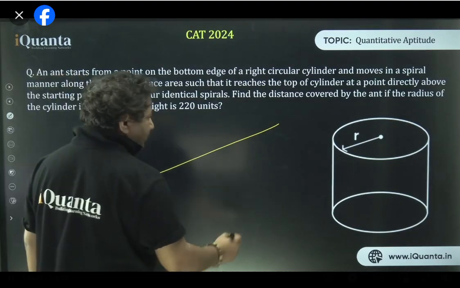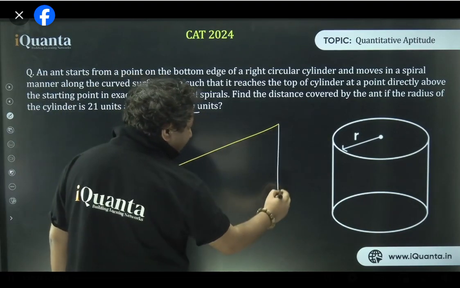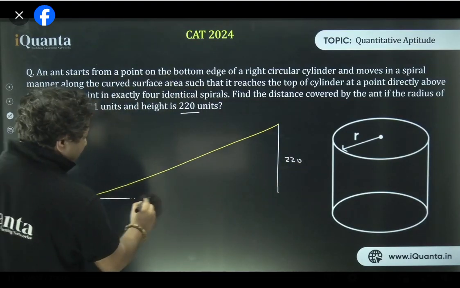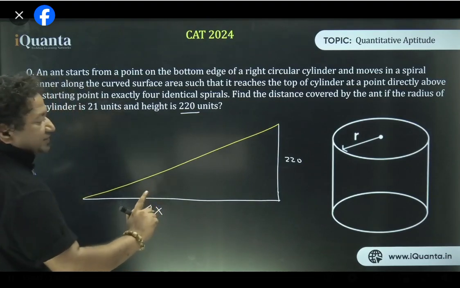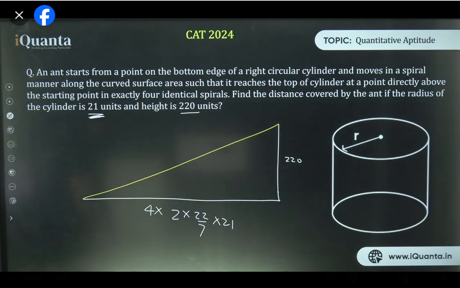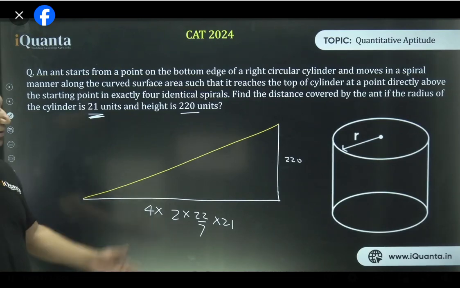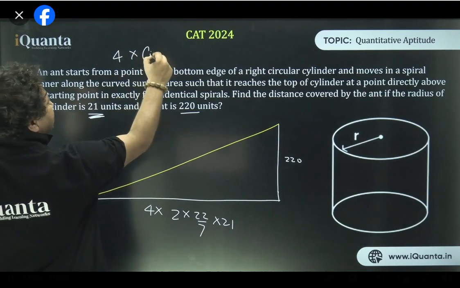Is that right? Tell me something. How much has this ant moved up vertically? That is height. So basically, vertically it has moved 220 units, and horizontally, it has moved 4 multiplied by the circumference, isn't it? The circumference, which will be 2 pi r, 2 multiplied by pi multiplied by this radius. Is that clear, everyone? No, Aryan, not that way. Look at this. I think if you understand this, your query will be clear. Is that understood? So the ant has moved 220 units vertically along the height, and horizontally the ant has moved 4 times the circumference. 4 times the circumference.